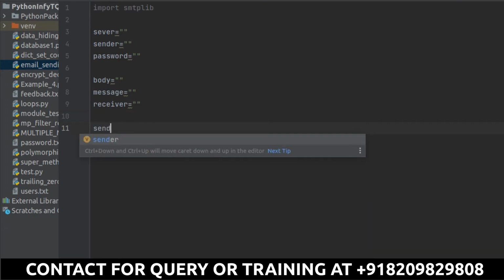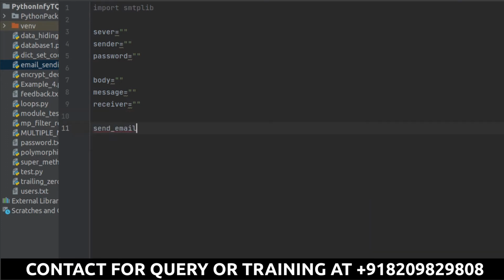So it's like send email, right? So this is what exactly you have to do. This is a complete flow which we will be understanding and which we have to apply as it is to send an email to anybody. So this is all about sending it. And now let's write the program step by step so that it will be really easy for us to understand how the email sending part works and how we can send an email to anybody in whatever way we want to do. So that is all we will be doing.